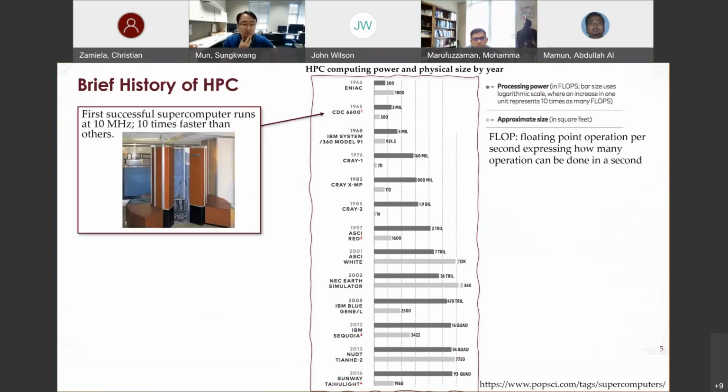But the first successfully commercially available supercomputer recognized is the CDC 6600, which runs at 10 megahertz. As a comparison, the usual computer nowadays runs at 3 gigahertz, so it is quite slow, but it was faster than other machines at the time. And also you notice the size of the computer, which takes about a room size compared to the house size of the ENIAC,